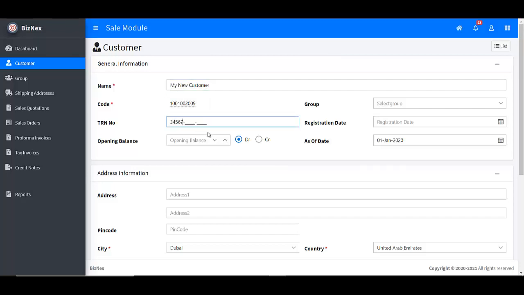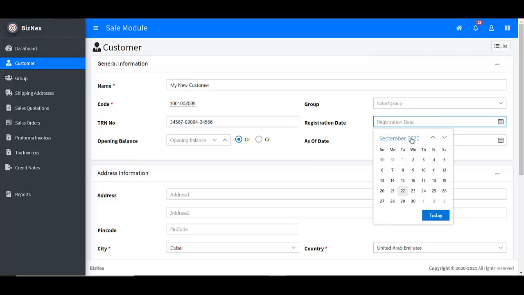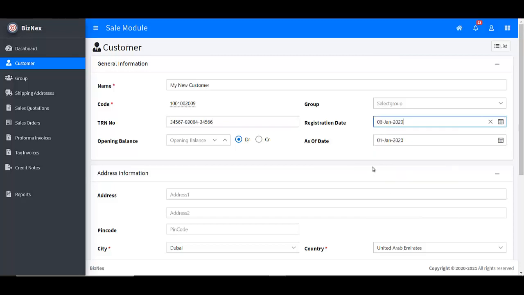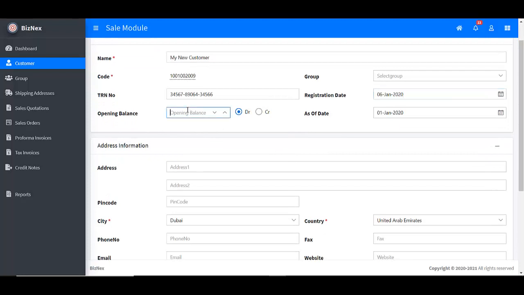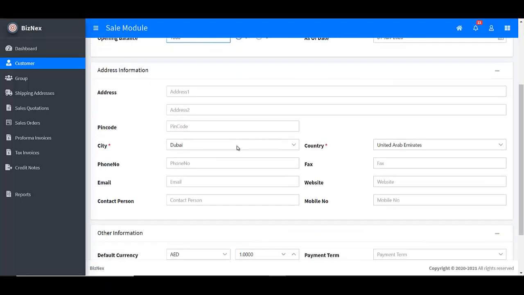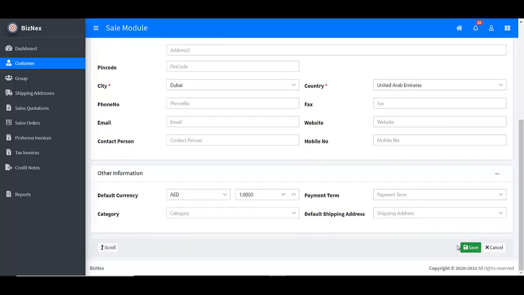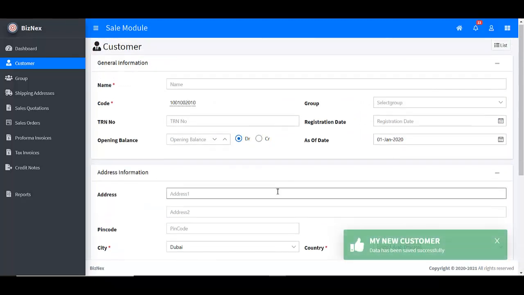Here you can enter the TRN number of that customer. You can select the registration date of that TRN. If any opening balance is there, then you can enter the opening balances. Then address, cities, countries. You can see star fields are mandatory, so you have to enter all the star fields compulsory. So click on save button and the customer will be saved.